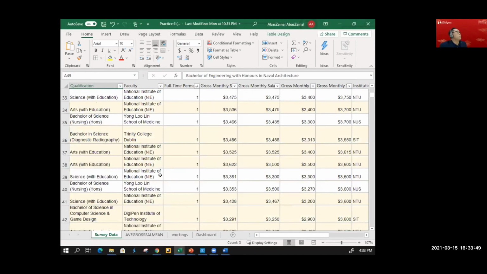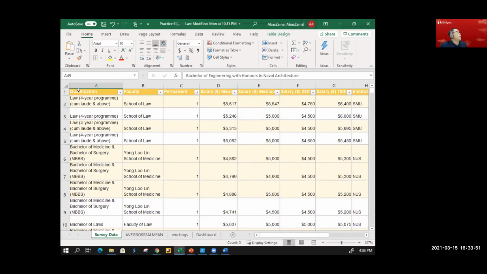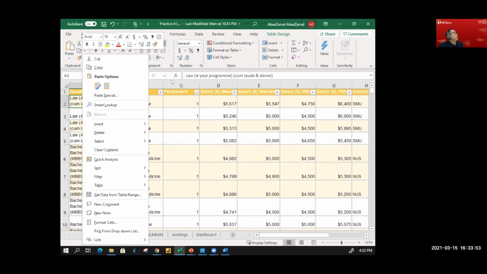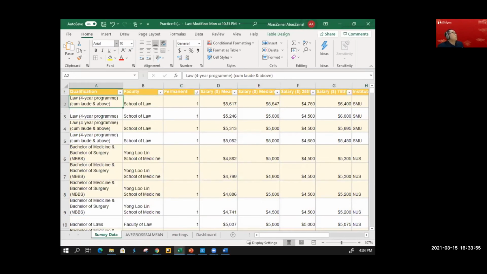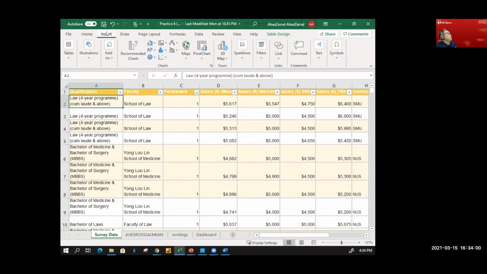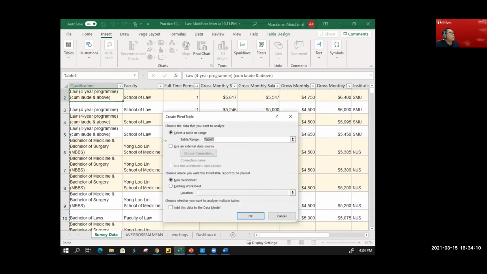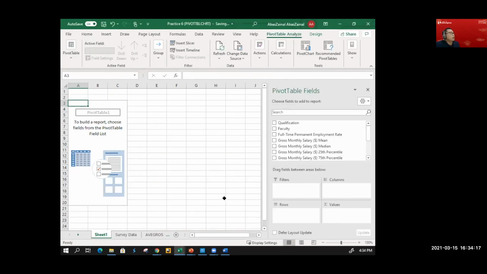Very simple. What you need to do is click anywhere in here. Like I said earlier on, once you click any of the cell, go to Insert, and where is my pivot table? Okay, here, can you see pivot table? Click on pivot table. By default, it says Table 1. Don't worry about that. Just click OK. Once you click OK, this is what you will see.